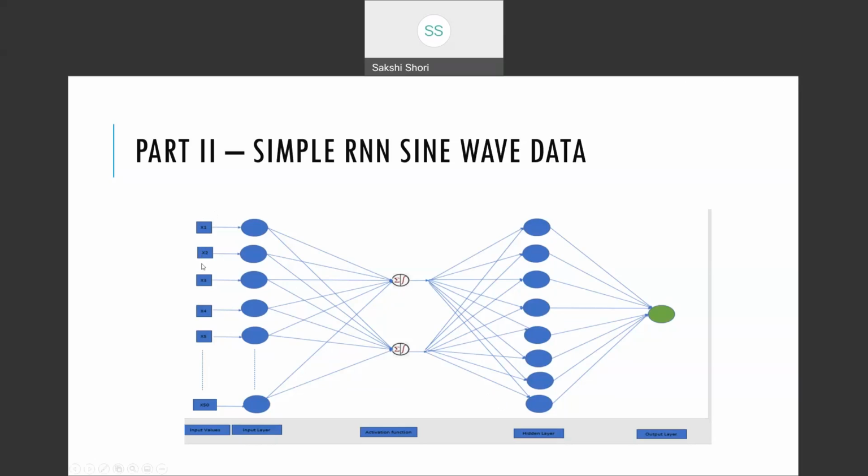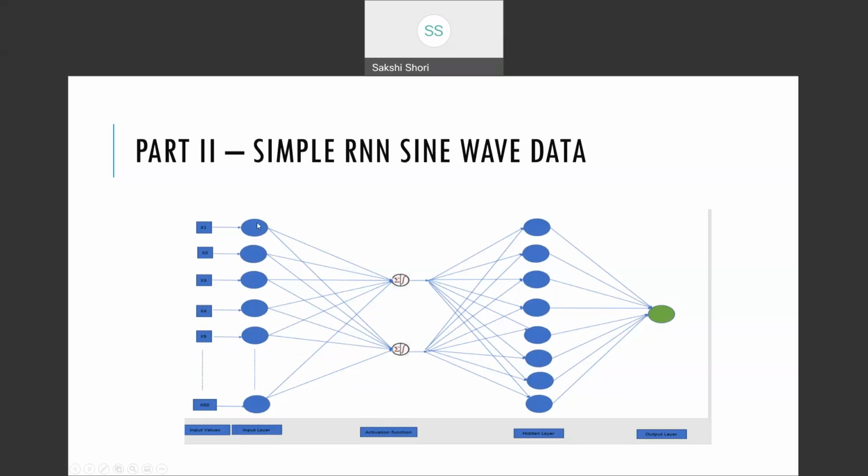On the very left, the square boxes in blue represent the number of neurons in the model. And I have chosen the number of neurons to be 50. So X1 to X50 shows the number of neurons that are being fed to the input layer.